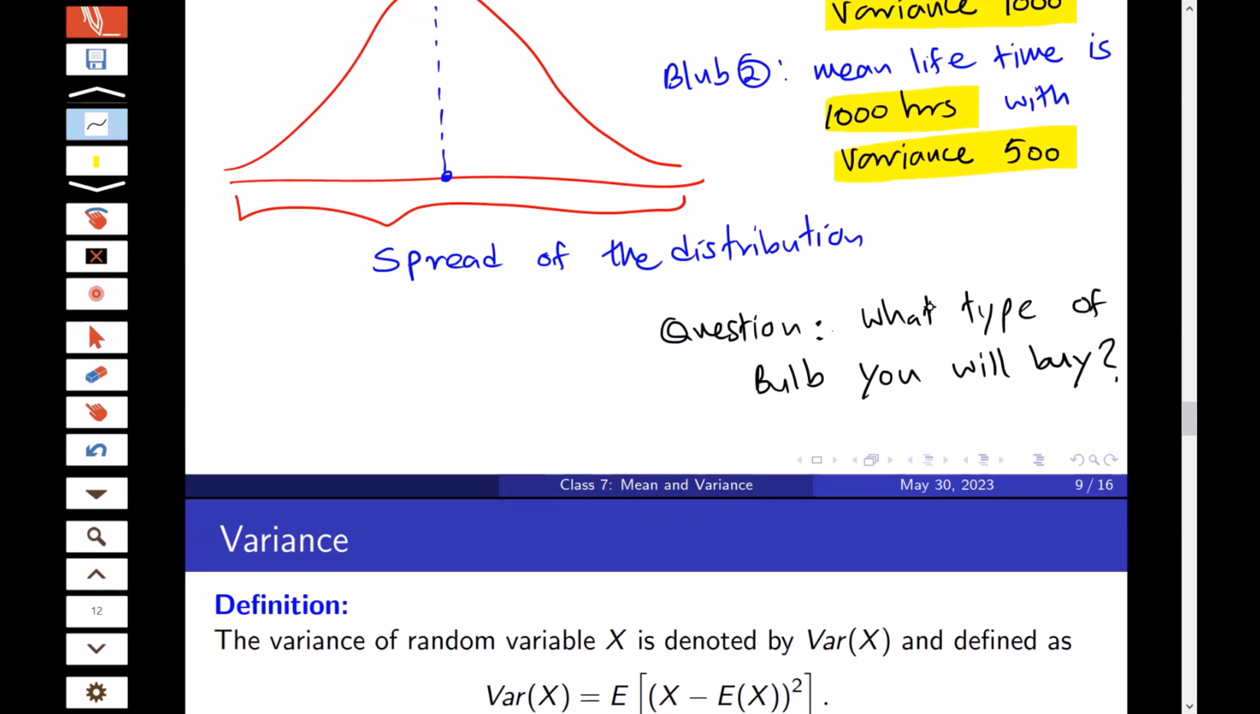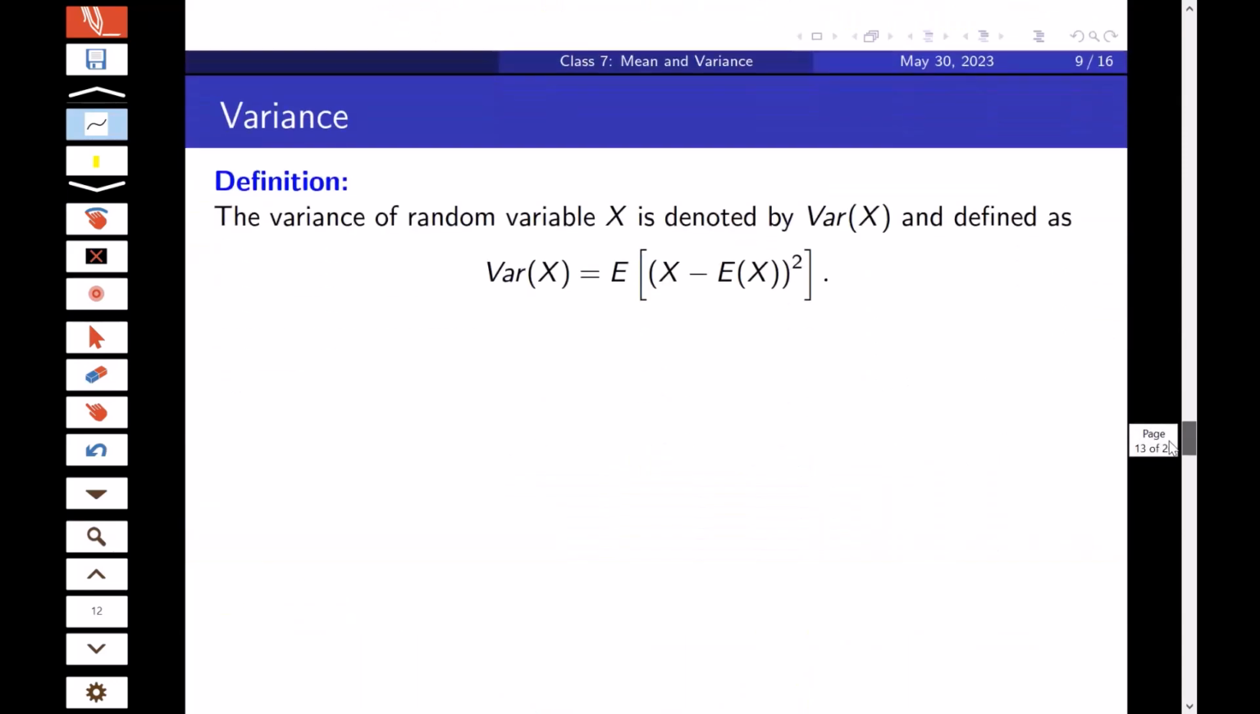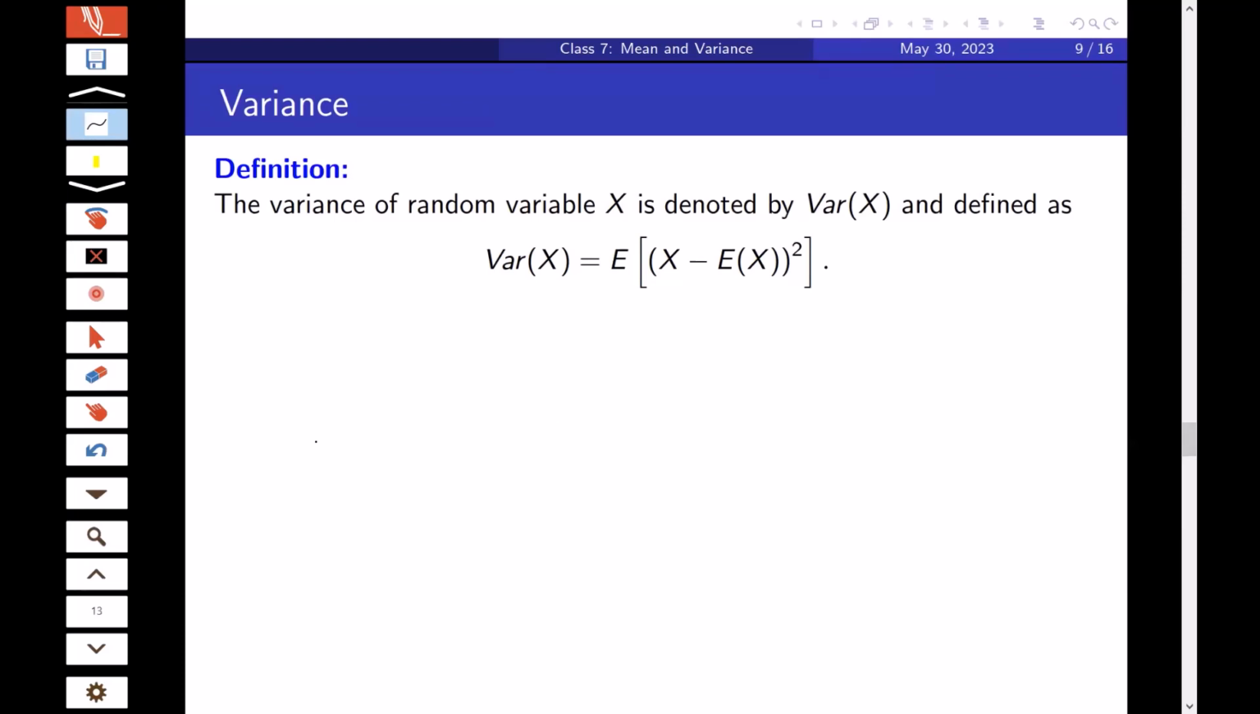Okay, so now let's see the definition of, and how to find, the variance of a random variable. This is actually the hardest definition, but I will provide an easy way to find the variance. So first of all, let's understand this one. Here